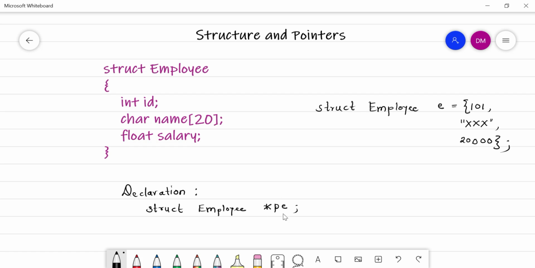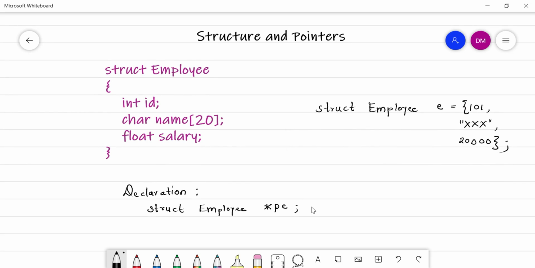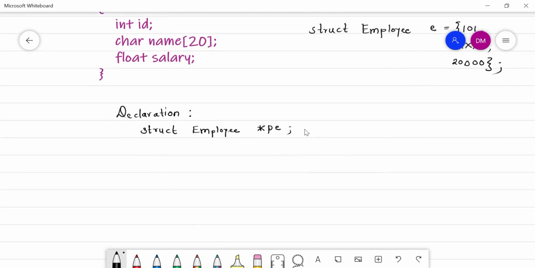So it means it is a pointer variable and it stores the address of another variable of the same type. It means it can hold the address of any variable which is of type struct employee. Now it's quite similar to other pointer variables, right? Just the data type gets changed. So if you are aware of the basics of pointers, definitely this is going to be easy for you.